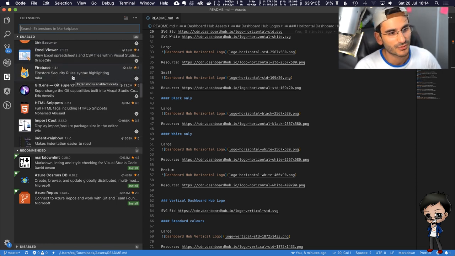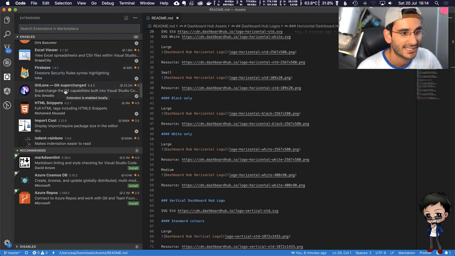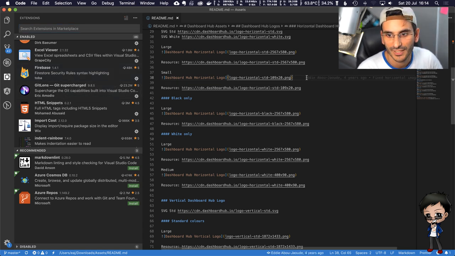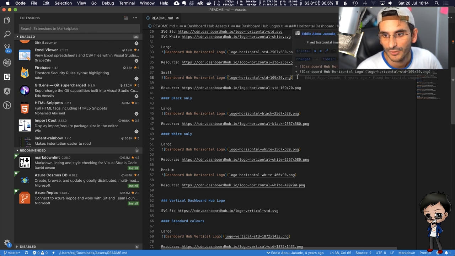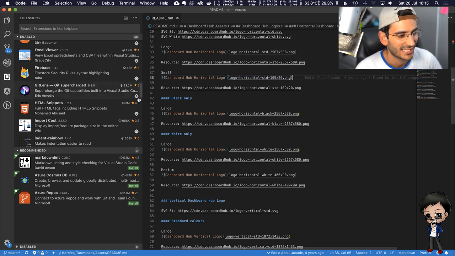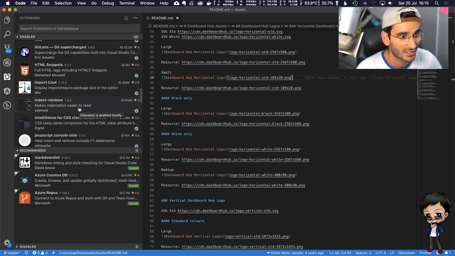Firebase, yeah, the syntax rules for Firebase, which I'll show you in the next repo, the next project, when we review those pull requests. You'll see that. GitLens is really good. When you click on things, on the right you can see grayed out when it was last changed, and if you hover the line, it tells you what it was before, and just lots of sexy stuff. GitLens is freaking amazing. I'd pay for that. That's really good.